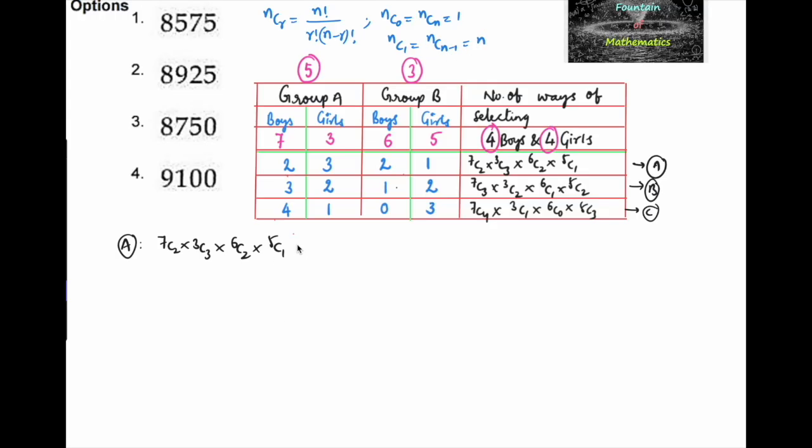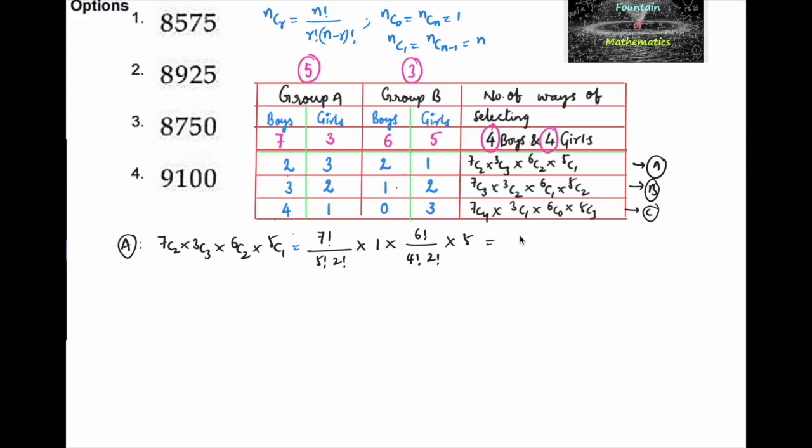So let us simplify. 7C2 is 7 factorial divided by 7 minus 2 factorial into 2 factorial. 3C3 value is 1, and 6C2 value is 6 factorial divided by 4 factorial into 2 factorial, into 5C1 value